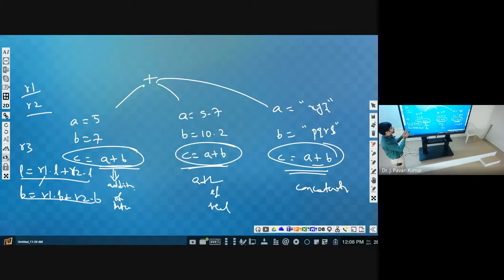Here also we are using the plus operator only, right? Of course, these are integer variables. r1.l is an integer value, r2.l is an integer value, so we can use plus. There is no problem. But I want to use it in such a way that r3 is equal to r1 plus r2. Is it allowed? What does it mean? Rectangle 1, rectangle 2, we want to add.